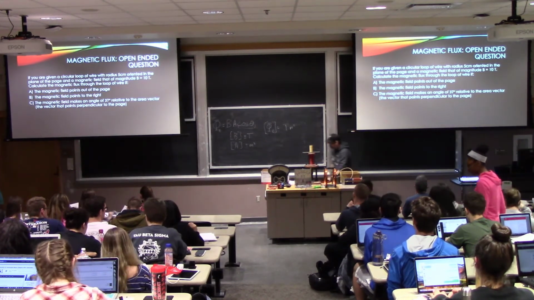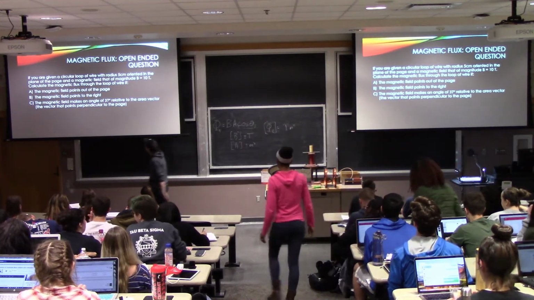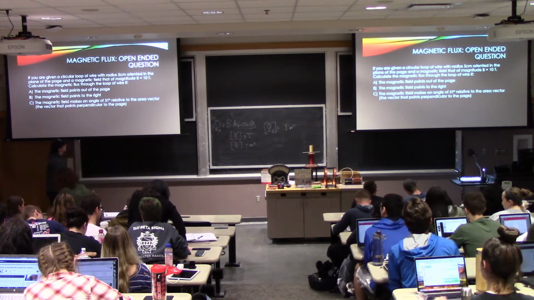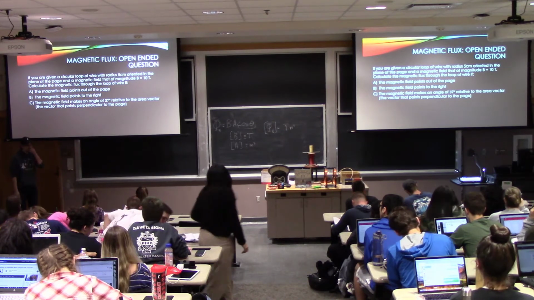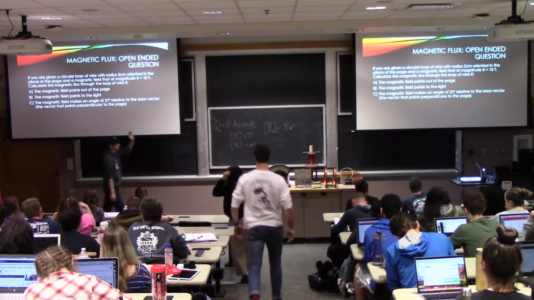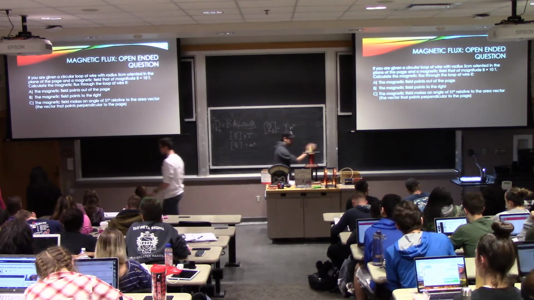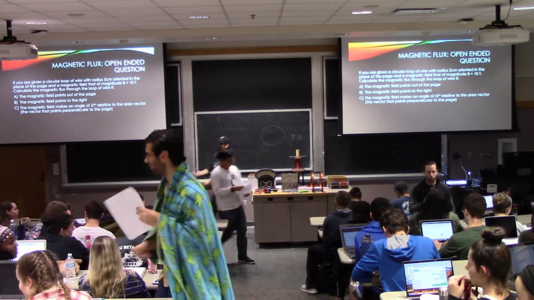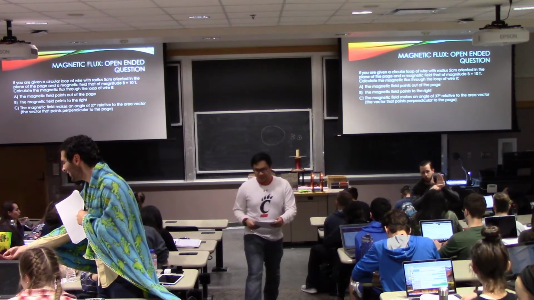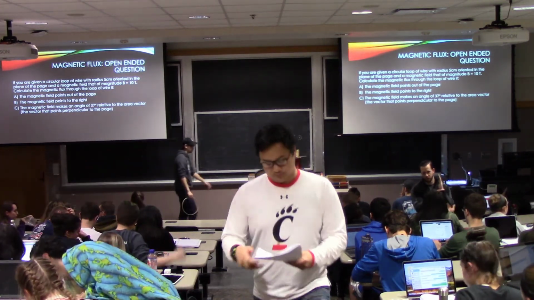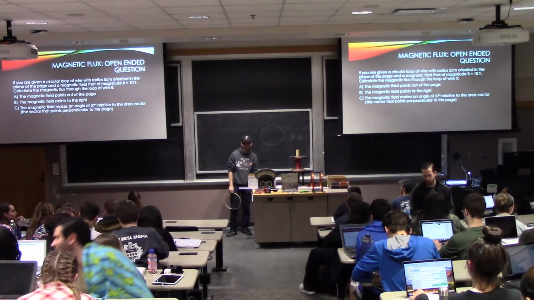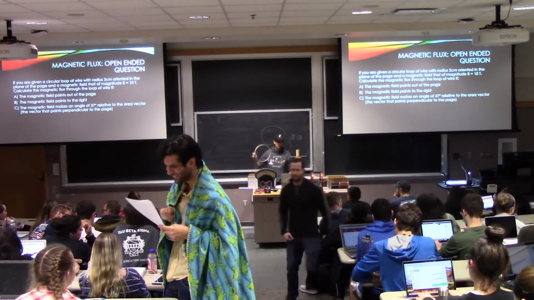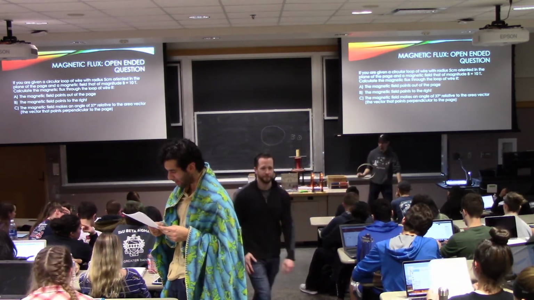So I'll give you three situations here. I tell you that we have some loop of wire that has some radius of 5 centimeters and some magnetic field of 10 Tesla. And we want to find what the magnetic flux is in these three situations. Okay? So go ahead and talk about that. I think once we explain it to you guys, it seems to make sense. But I think the thing that's kind of tricky here is what is the angle theta? What does it mean? How does that relate to the loop, and how does that relate to the magnetic field? And so I'll talk about it both in terms of the equation and then in terms of what flux really